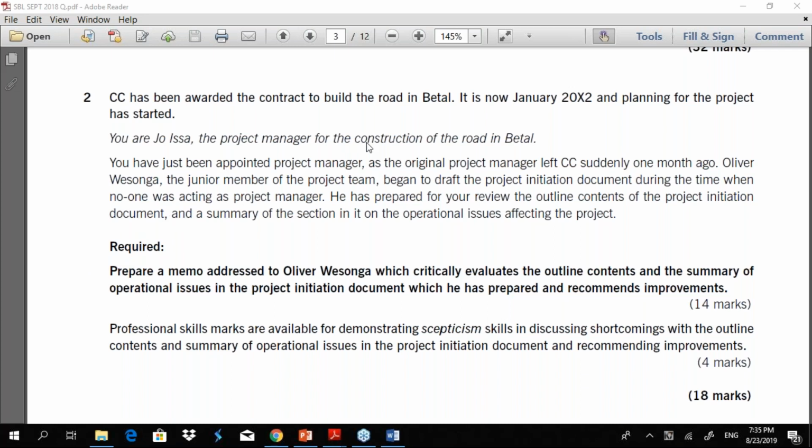Also remember, in SBL you will have generic questions plus questions based on technical areas.